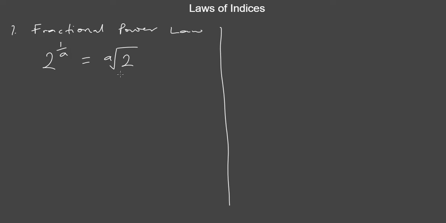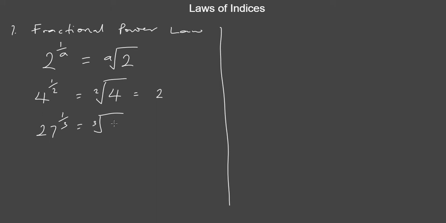So let me give an example. Let's say I have 4 raised to the power of 1 over 2. Since it is 2, it is the square root, but typically when it's square root, we don't put 2. But let me just put it for reference sake. What you do is you take the square root of 4, then that gives you 2. So look at this other example. If you have 27 raised to the power of 1 over 3, how do you express this? You can just take the